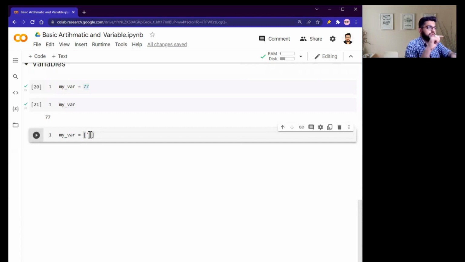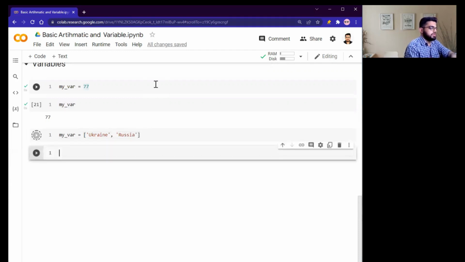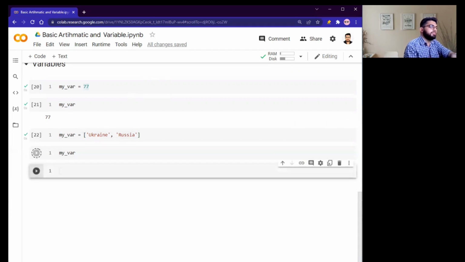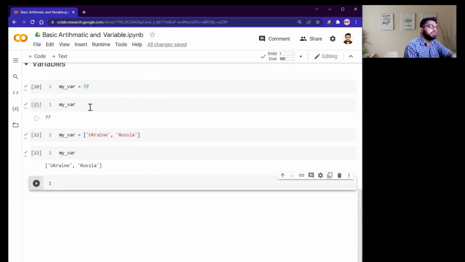Don't worry, we'll discuss what is a list and what are the basic operations we can perform on a list in a later video. So Ukraine and Russia. Shift enter. My variable. Great. So here you can see this is how we can change the variable data type from integer to